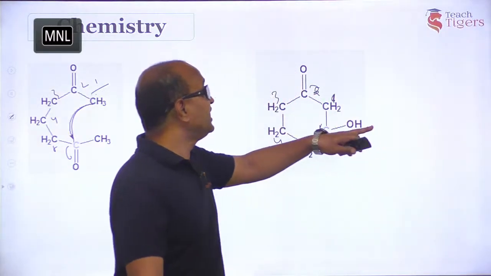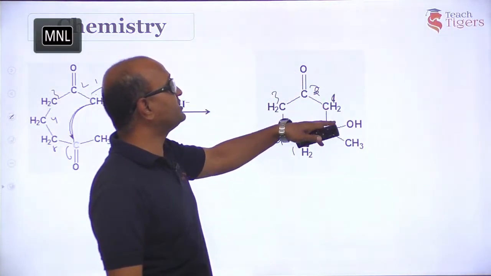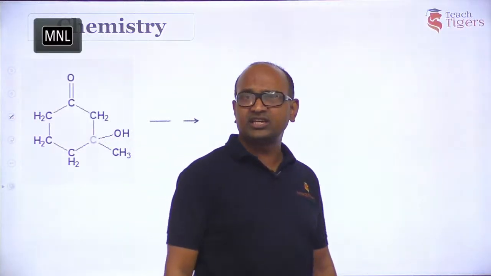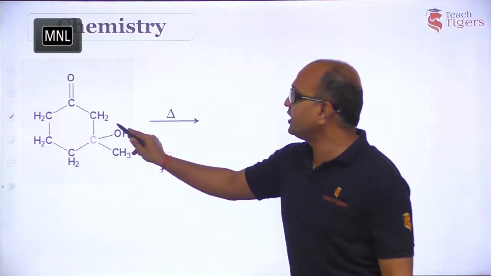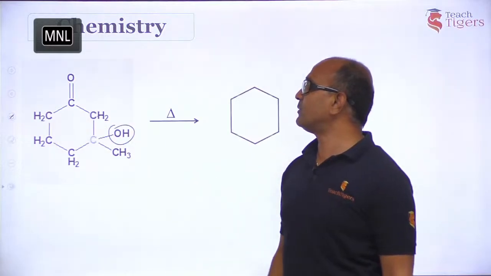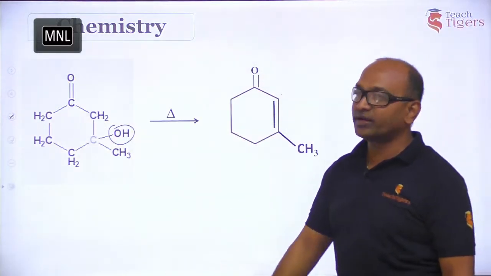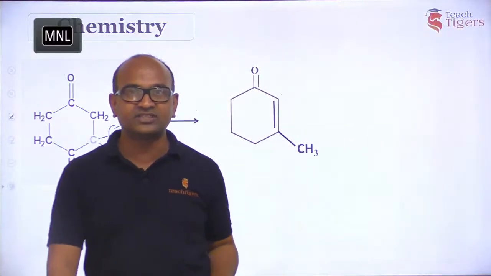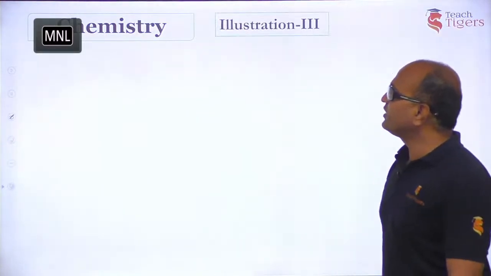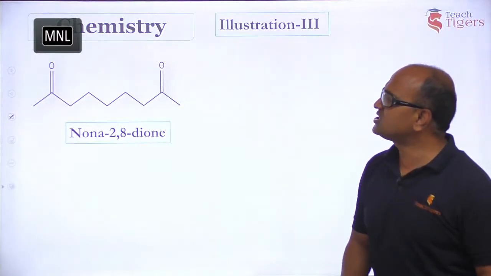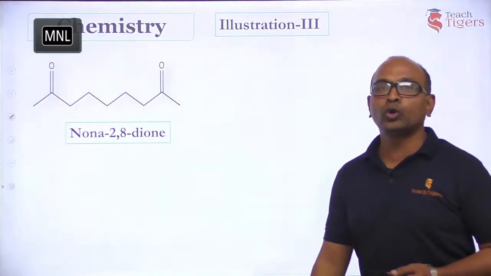You can still see it is beta hydroxy. This is alpha, this is beta. So on heating, OH from the beta carbon and H from the alpha hydrogen are removed to give you an alpha beta unsaturated ketone. So this is the product of this. Right? So guys, before we end our session, I would like to give you a famous example of